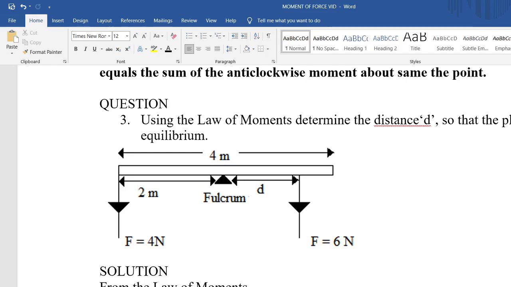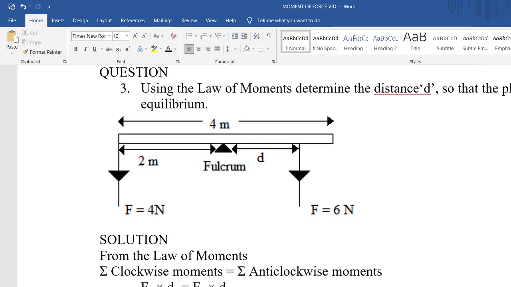Now we're back. Actually, a 6 Newton force would cause our plank to spin down, and I want to rotate in that direction. Therefore, that will be clockwise. So that will be